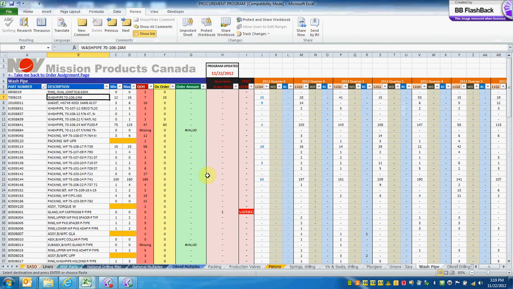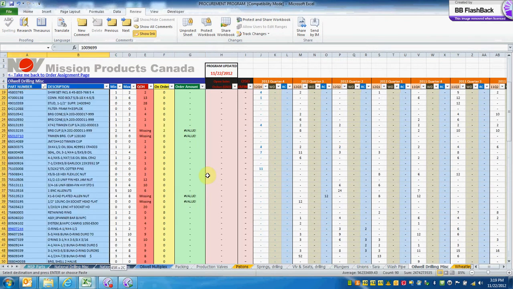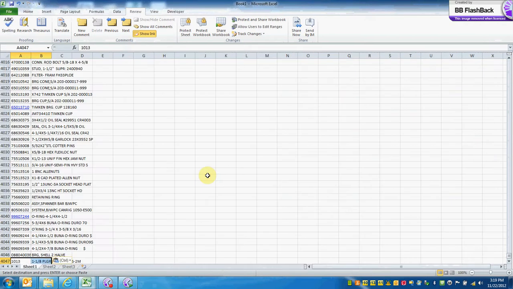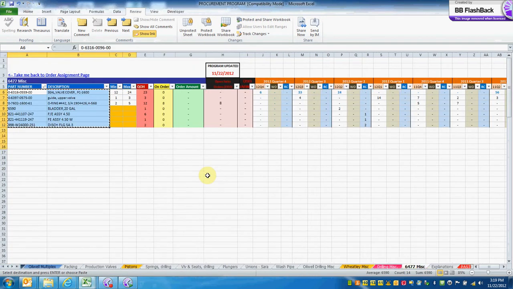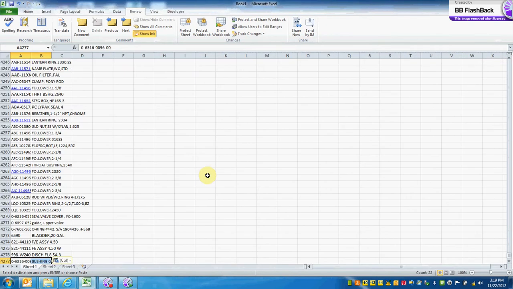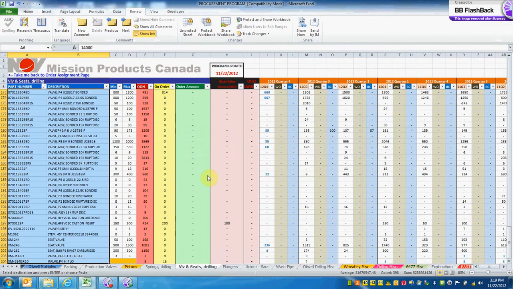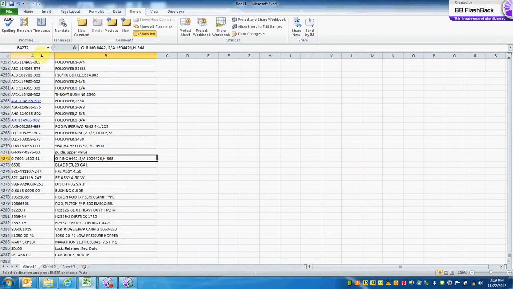Almost there. Okay, so once you hit the explanations, you're good to go. So now you've got all these in here. Let's auto fit it by just clicking in that corner there till you get that white square. Everything's highlighted. Go to where you see the opposing arrows. Auto fit. Then what you want to do is highlight A and B,